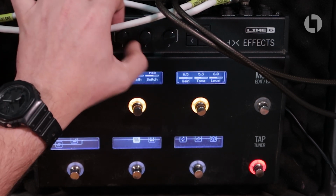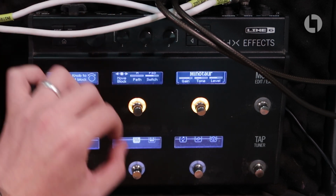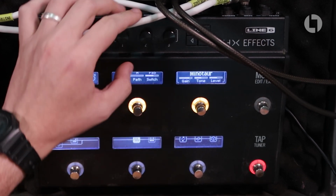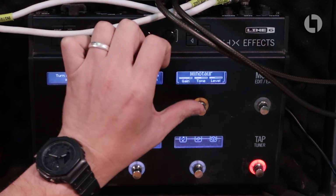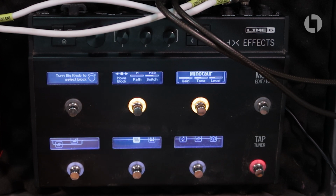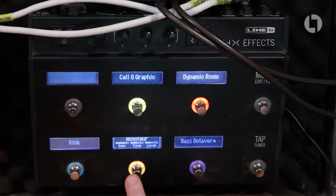I'm going to give it some on the gain. But I don't want the volume to be too high compared to without it. So I'm going to drop the level quite a bit. There definitely should be a little lift, so I think 4.5. So if I throw in, yeah, that's cool down there. If I throw in a simple loop of Magnolia or something, because I've not got the loop pedal on the floor, it's a bit difficult to do, so I'm going to have to kind of do it like a...